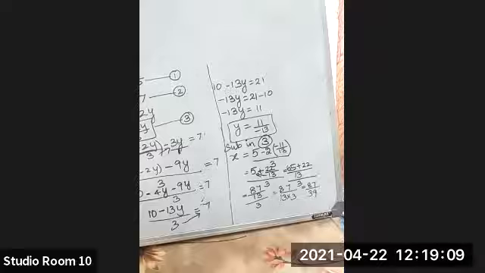But what do you have to do? You have to select the one with the smaller coefficients, with less calculations. With the minimum number of calculations, we should get the answer. If you practice more and more questions, we will get an idea that if you substitute in this equation, we will get the answer easily. Like that, we have to think.